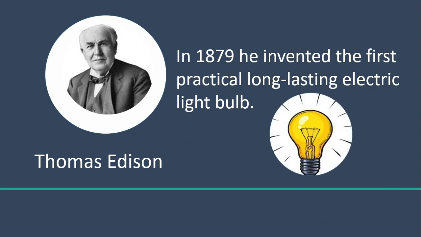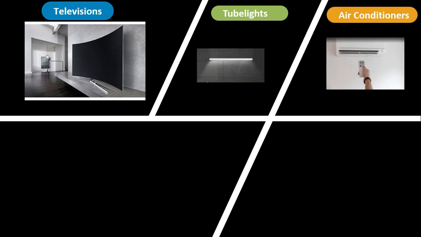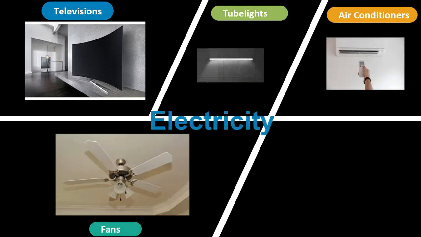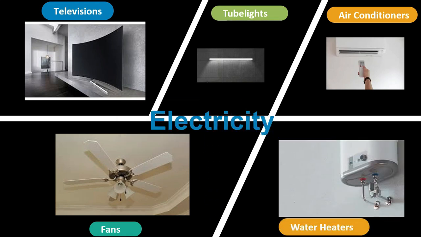And since then our homes are bright after sunset. You must be aware of the fact that the lights in our homes work on electricity. However, they are not the only ones that use electricity. Our televisions, our tube lights, our air conditioners, our water heaters, and so on also need electricity to function. Imagine a life without electricity in the world today. The discovery of electricity has helped to start a new revolution in the history of humankind.